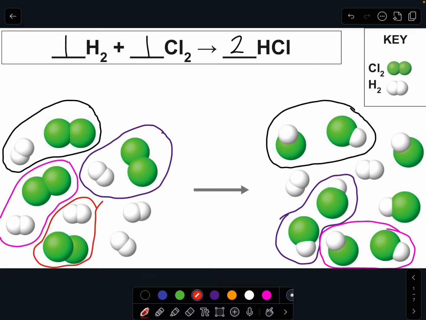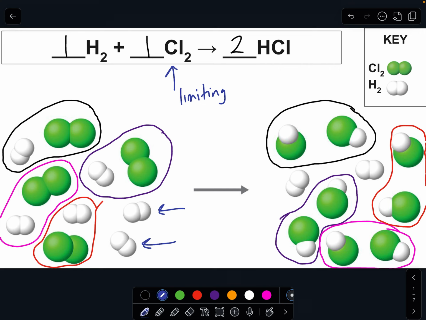right here and right here. And so as you can see, I'm left with these 2 hydrogen molecules here. So what I've run out of is the chlorine, the green molecules. So that means that this chlorine is really my limiting reactant because it's limiting how many more HCl products I